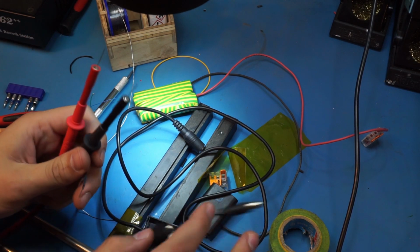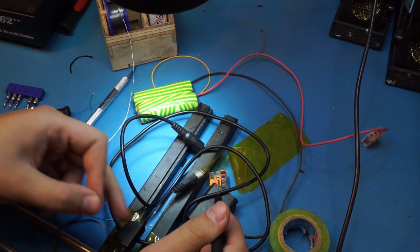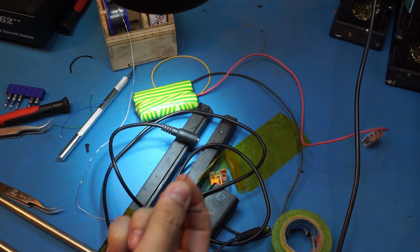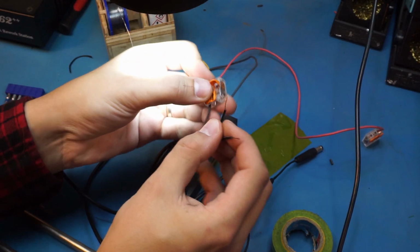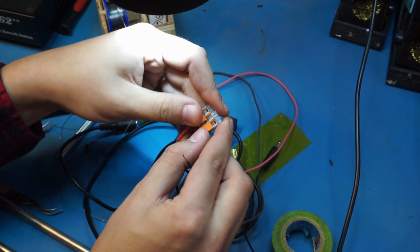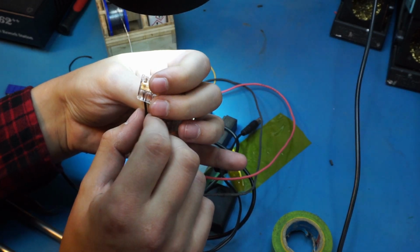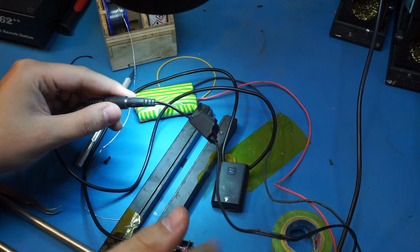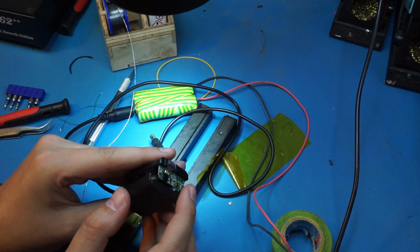All right, let's check our other jack and see which one is positive, which one is negative. So, now this lead. Got it right on my first try. Okay, so this is the negative lead, and we'll hook that into our battery here. There we go. Okay, and now if I plug this in, it shouldn't blow up, and it didn't blow up. So let me try putting this in the camera, and I'll let you know if it blew up or not,